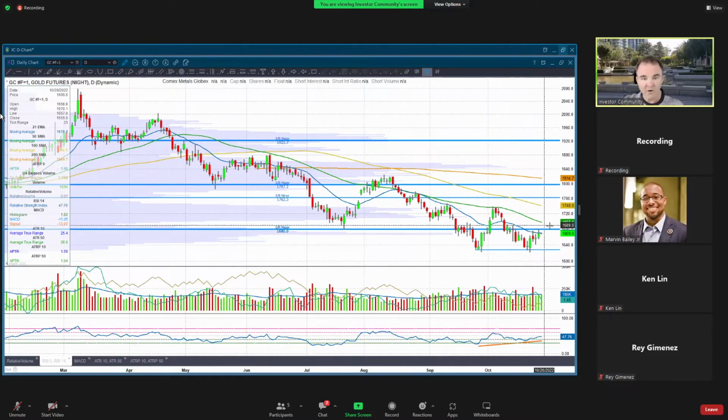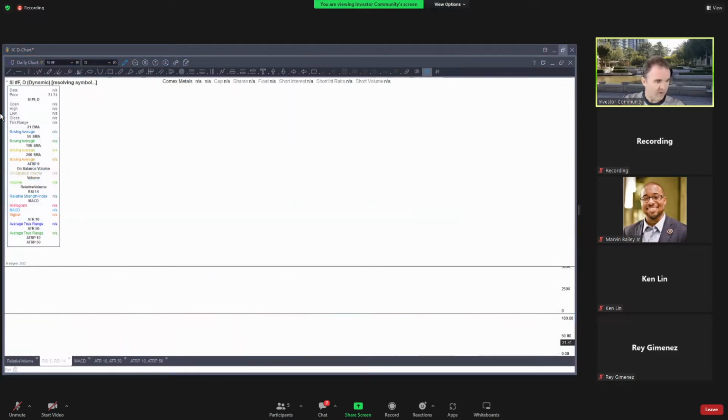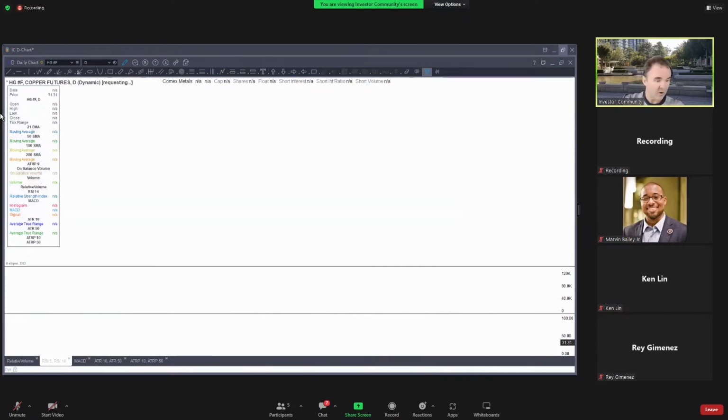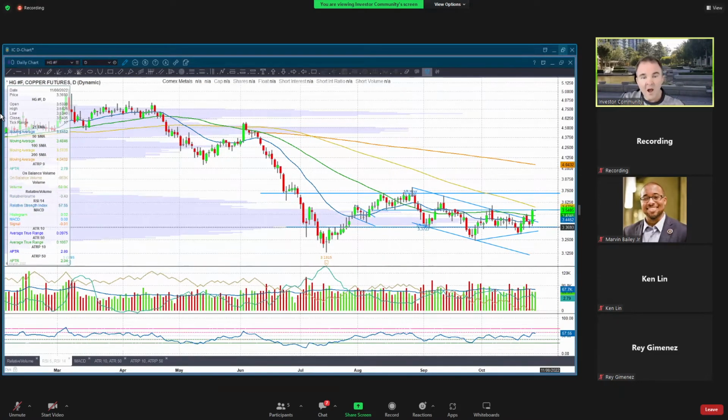We can see that gold is still kind of in this range, not doing a whole lot. Nothing really interesting there. I'm not sure if silver was very interesting; I haven't looked at this since the weekend. Nothing going on there. Copper, I've noticed, has been going up. Okay, this is getting a little interesting, isn't it? It's still in this range, but right at the top of it now. This looks ready to go. It looks like it wants to break out.